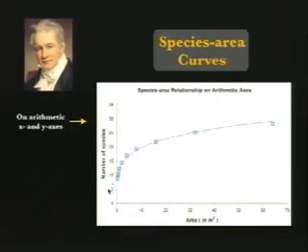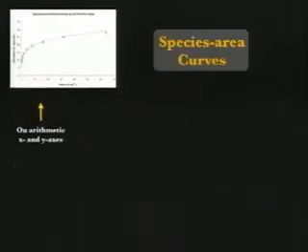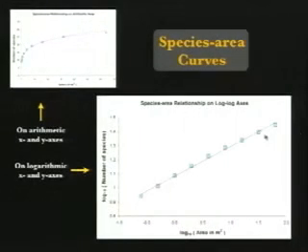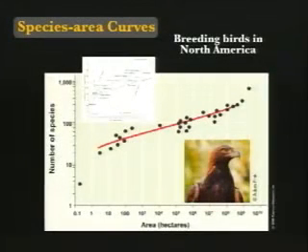On an arithmetic scale, you'll see a curve of this shape. If you transform it to a logarithmic scale, it's a line. So log of area and log of richness tends to form a line, and the slope of that line can be interesting when you're comparing areas. There are various explanations, which we don't need to get into, for why this relationship exists. You can talk about it in your discussion sections if you want. What we just need to understand is that it does. When you sample larger and larger areas, you pick up more and more species, and it tends to fit a line like that on a log-log graph.